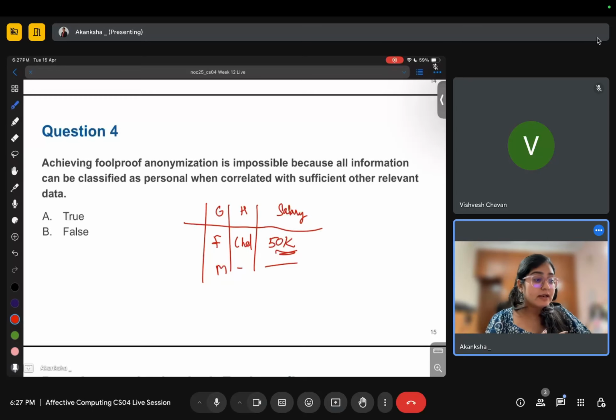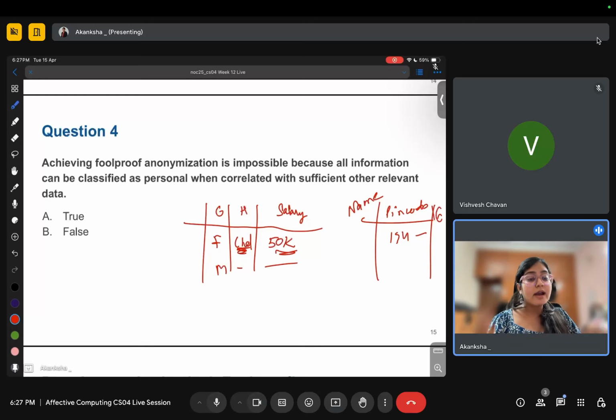But still, let's say there is another data set in your institution where you have the pin code and your name. Okay, it has name and address. But then you can see that Chandigarh's pin code is let's say 134 something something, and here also the person is living in Chandigarh, and then the gender is also there. So if you use two tables, you can reveal the identity of that person.